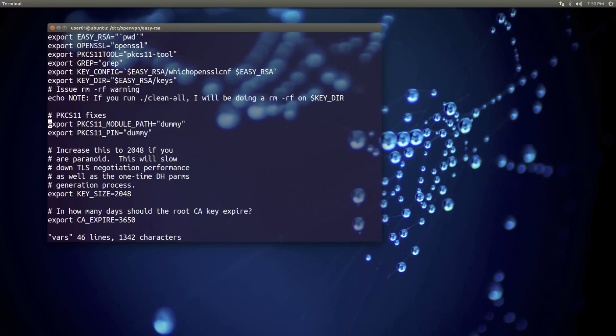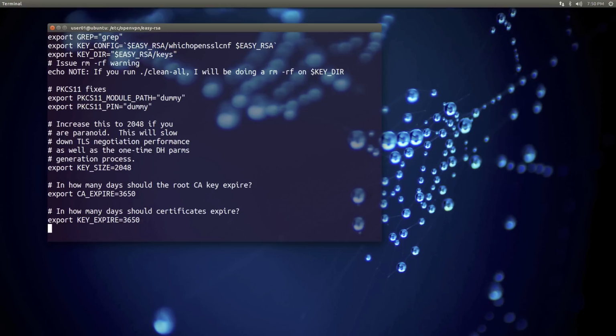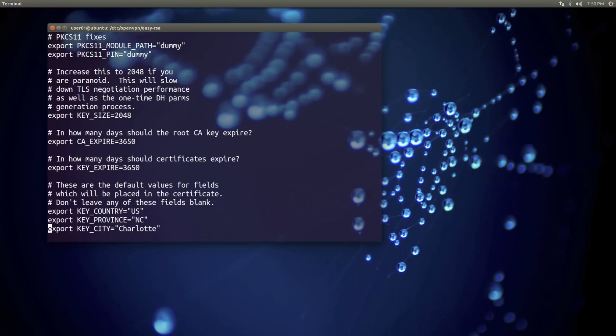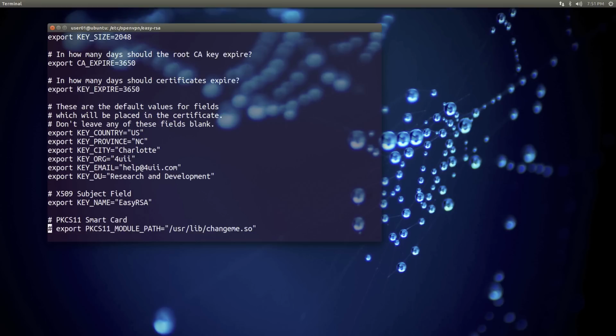and so I copied the one, had to restart over, basically went through and just simply modified, for example, my export key size. I wanted that to be a little larger, 2048 instead of 1024, and my key expire, I changed that. And then this is really just up to you on what you want to set for your country, province, city, all that kind of stuff. So they already come set with the default one that comes with the package install when you do an apt-get for EasyRSA. But just set all of those variables,